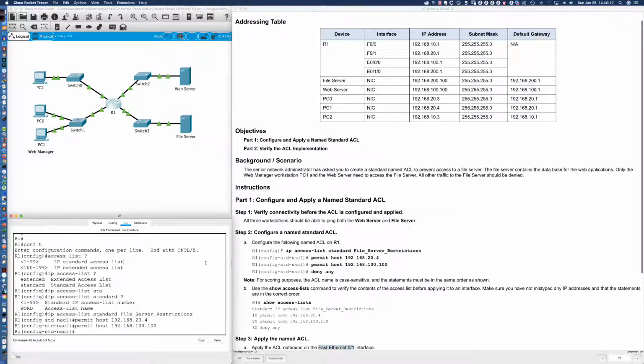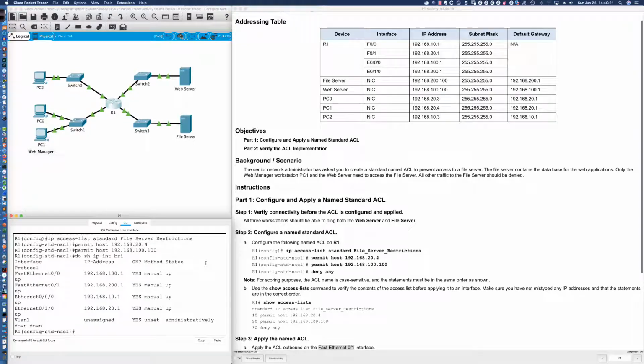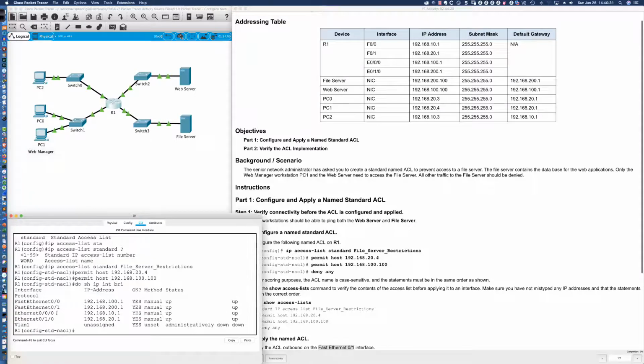And let's see what we see over here when we say do show ip interface brief, right? If we're struggling trying to figure out what the interfaces are. So it looks like the addressing table added these additional zeros on at the end, but we're not seeing that reflected in the, I'm sorry, we are. I was looking up here, was not looking far enough down. So we are seeing that, right? So Ethernet 0/10,